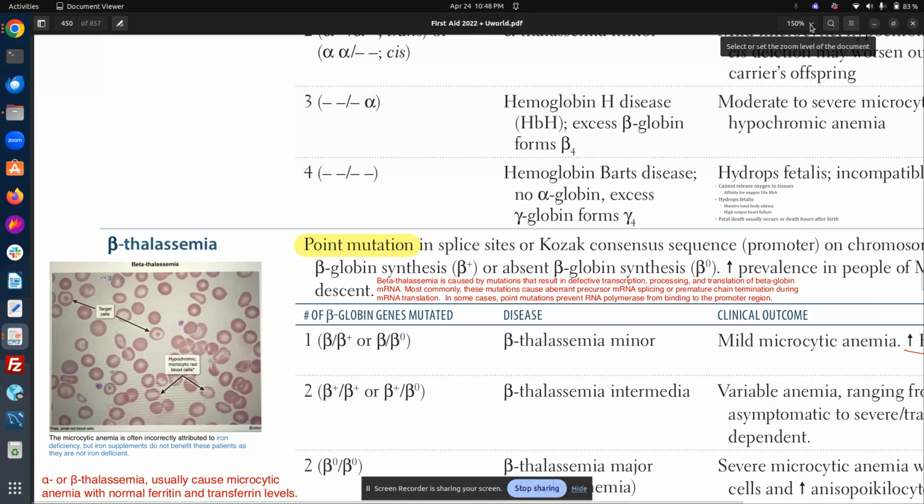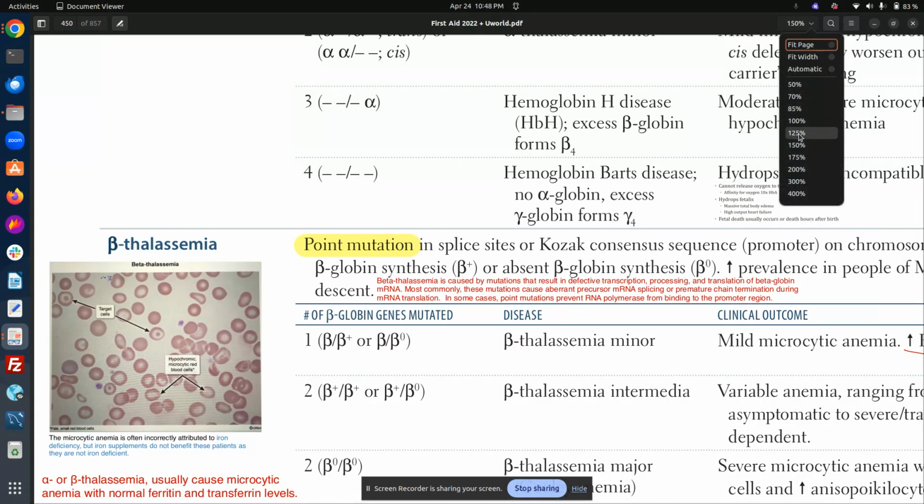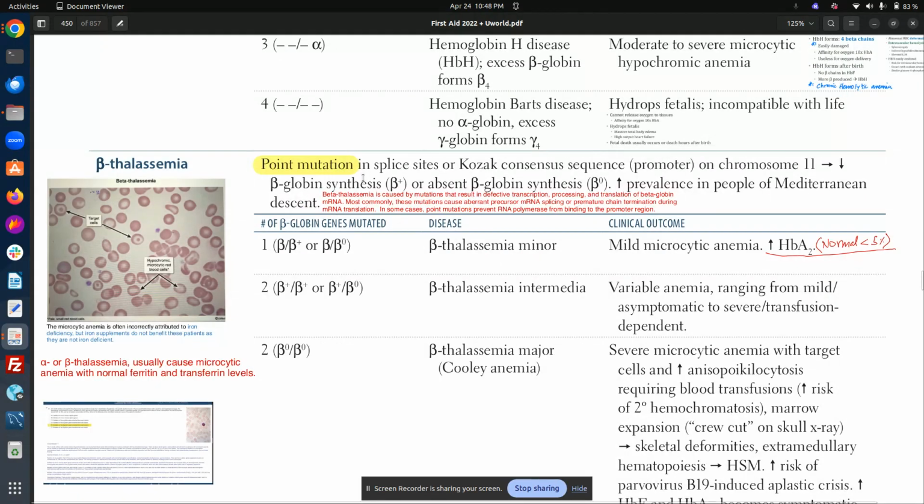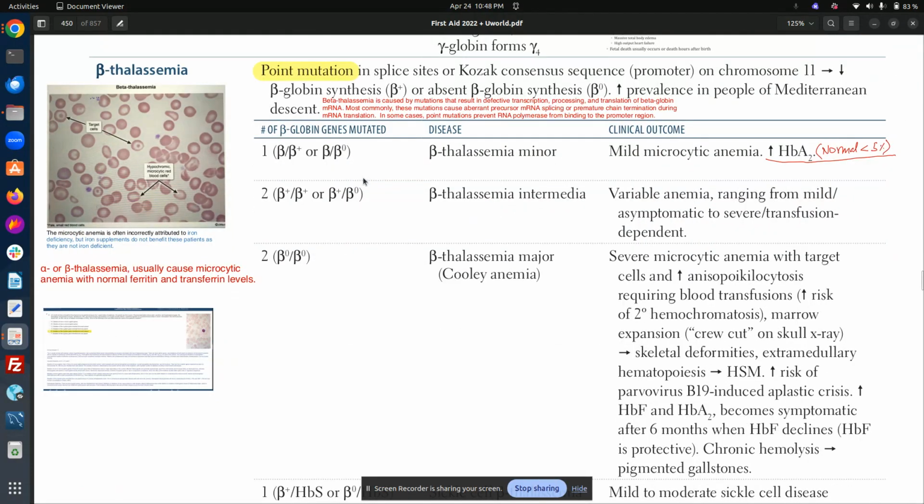What is the most accurate test for thalassemia? We do hemoglobin electrophoresis. The most accurate test for thalassemia is hemoglobin electrophoresis. Now let's talk about